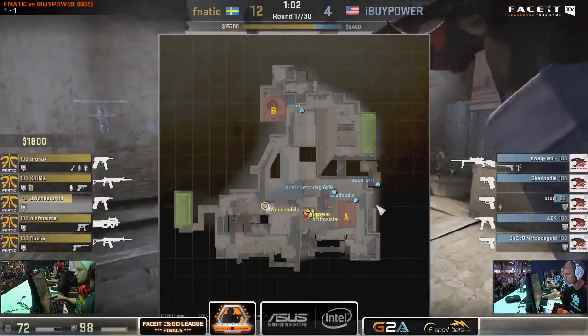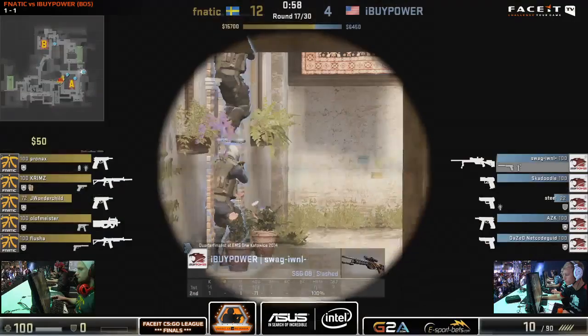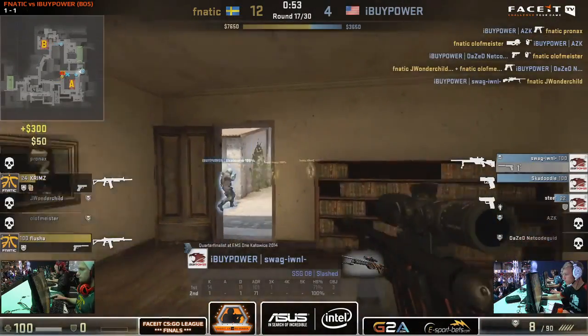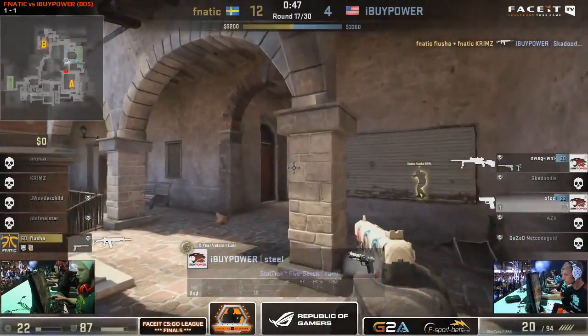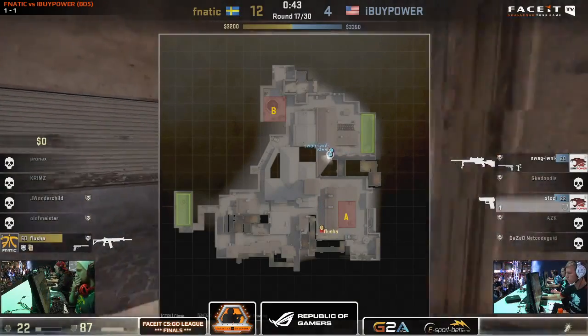Fnatic not wanting to mess around, sticking together, huddling together. And there's a smoke on quad, all onto the setup of iBUYPOWER. In comes the scout, in comes the pistols, beautiful hold here. They're walking into the jaws of a lion. iBUYPOWER ready. They have all the weapons to play with in that situation, and flusha does manage to escape, but